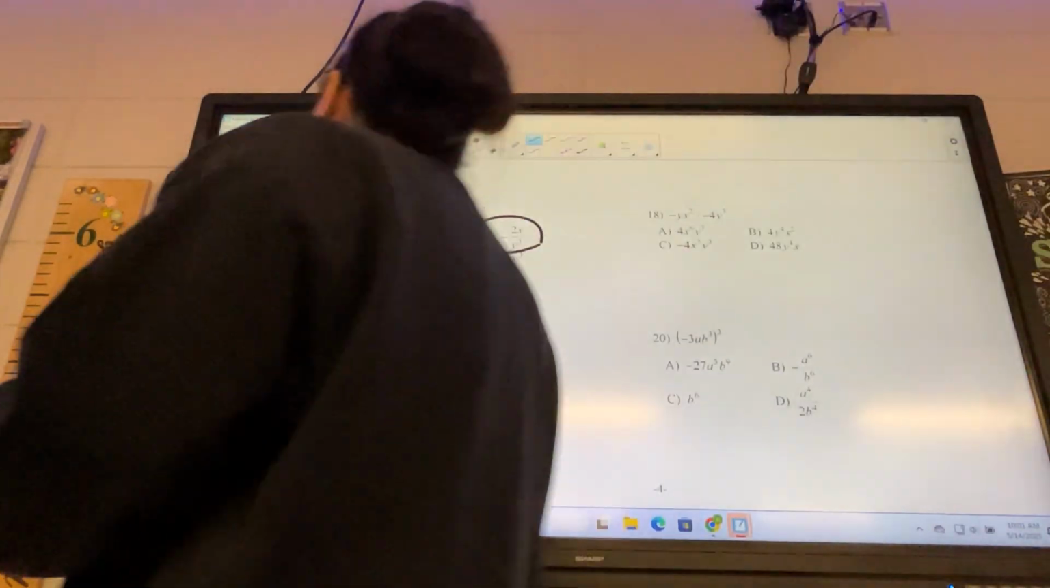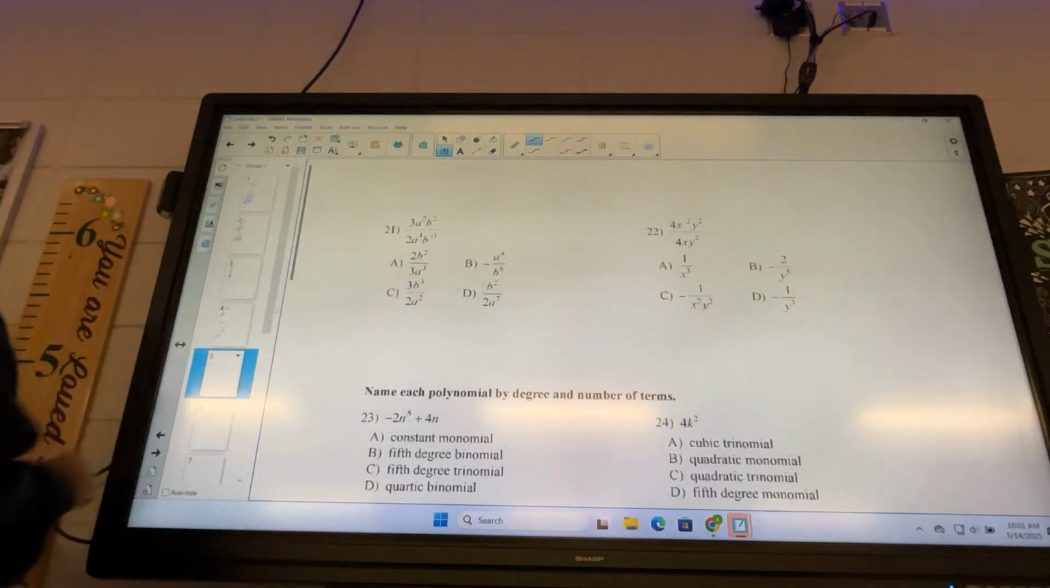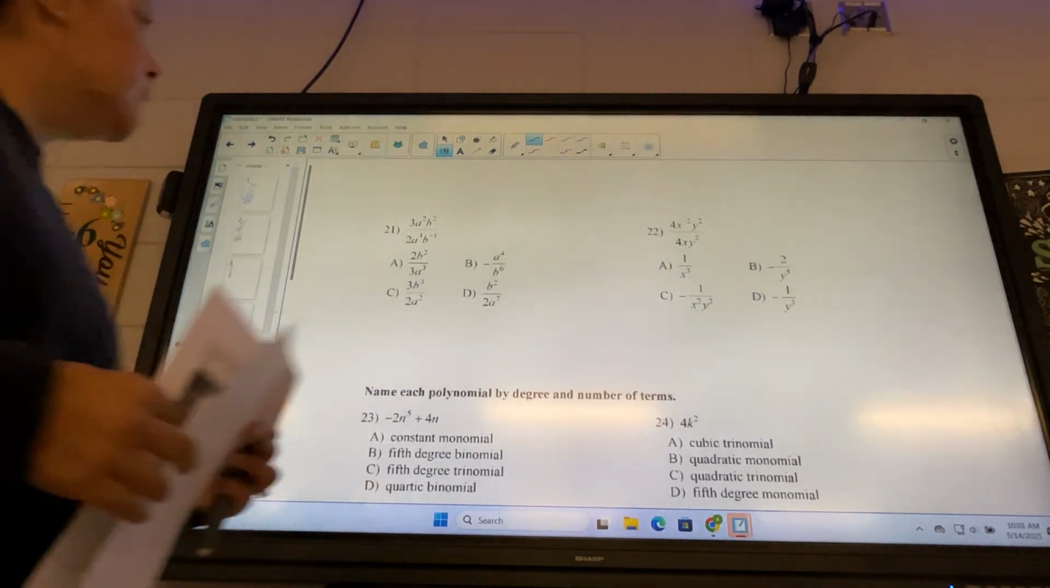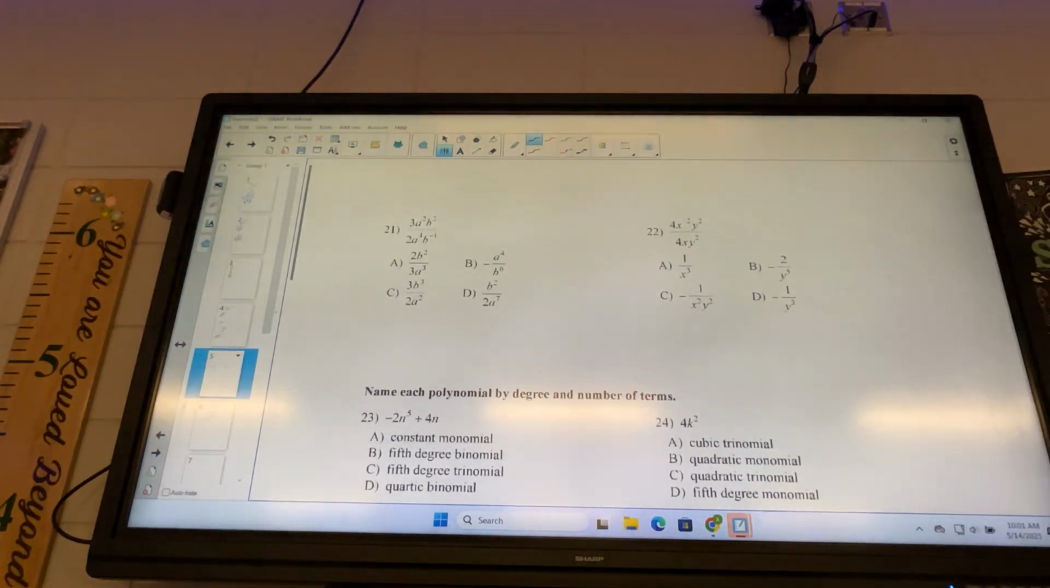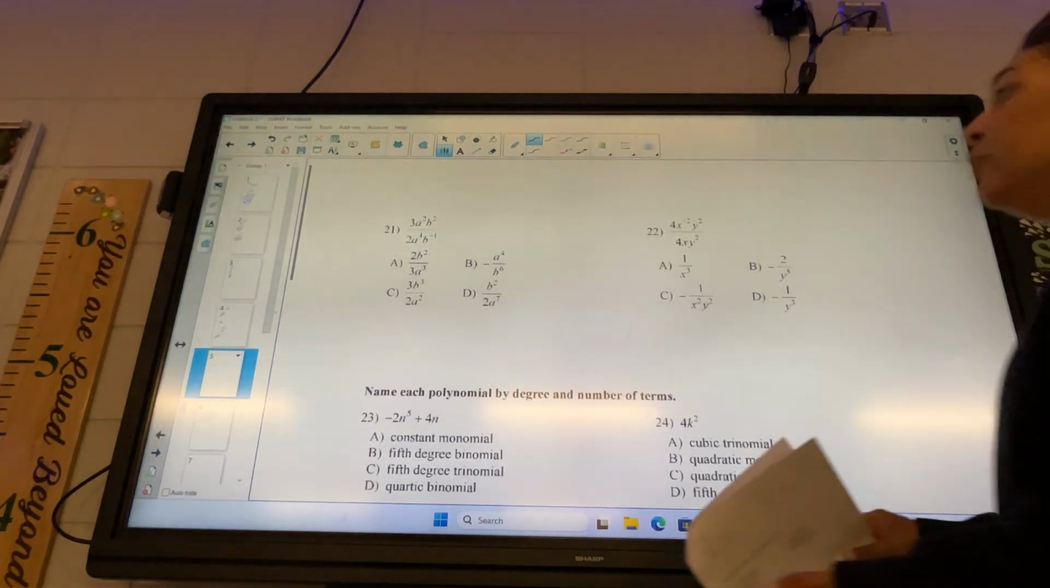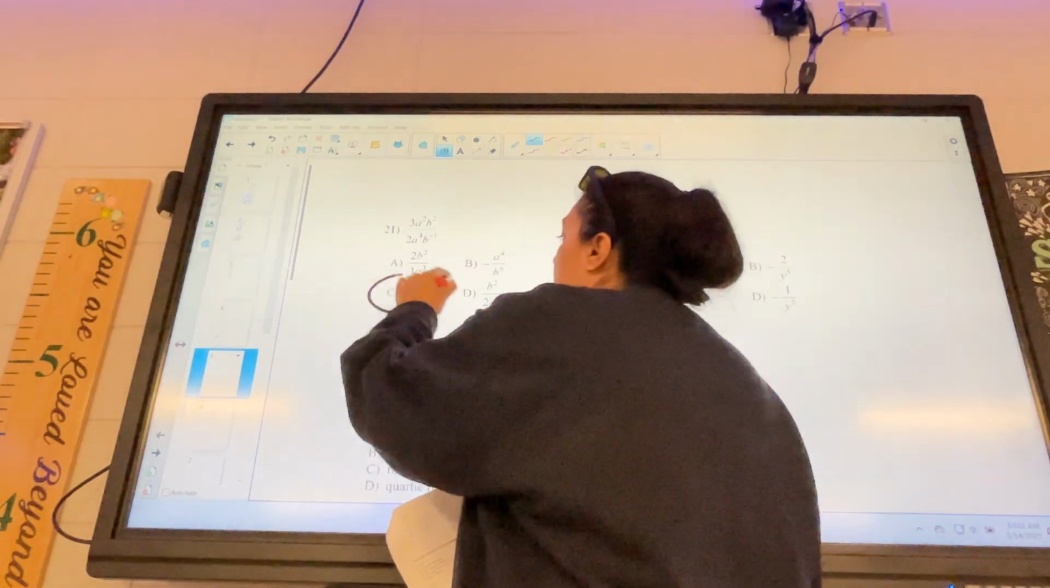We're going to do one more. Okay, 21. Reduce the fraction. What does 3/2 reduce to? It's still 3/2. Okay? So 3/2 is still 3/2. So look at your answer options. Which one has a 3/2? C. Okay? Now, you would just subtract the exponents and then move them, but